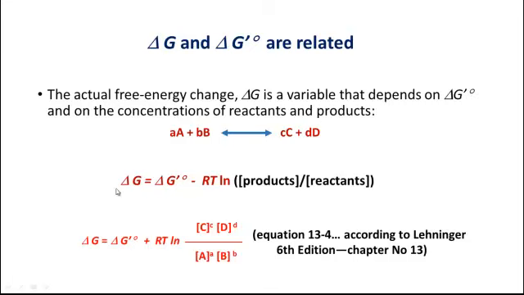So the actual free energy and the standard free energy of a reaction can be related by this equation, which says that delta G, meaning the change in the actual free energy, is equal to delta G prime naught minus R into T into log natural of the ratio of the products and the reactants, which can be elaborated in a better way here. In this equation, the concentration of the reactants and the concentration of products represent the mass of the reactants and the products. And this ratio of the products and reactants is termed as the mass action ratio or the reaction quotient.